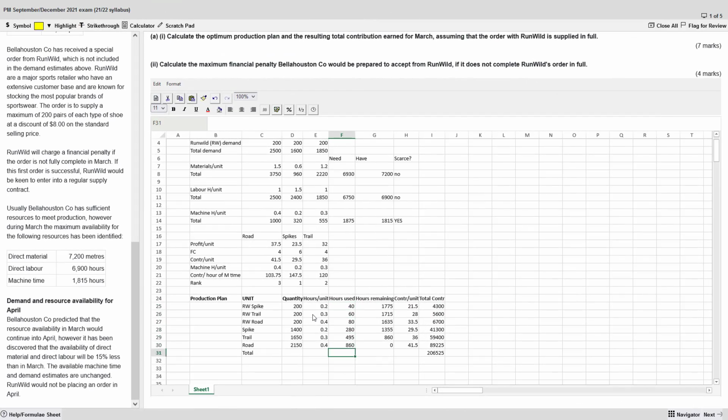Team, let's move to A2. A2, a bit tricky here, and they want us to calculate the maximum penalty we would accept if we did the run wild order after the normal production. Guys, that's going to be the opportunity cost, the lost contribution from making a decision. And I can do that quite quickly by just reworking the spreadsheet that I have just created. So for A2,